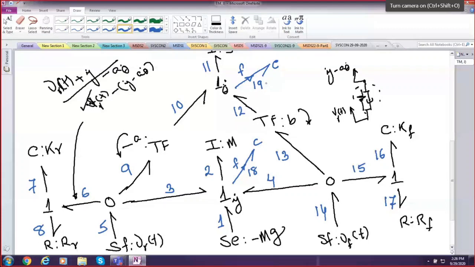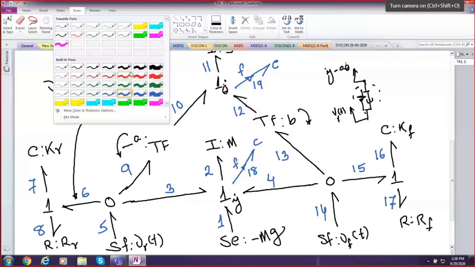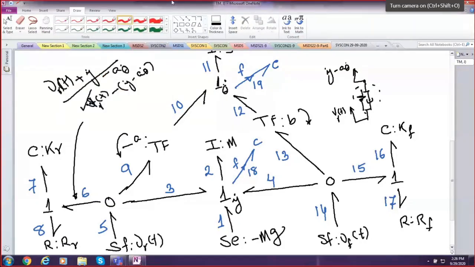Obviously, it will take a lot of time. 38 equations we have to write and sort them. So it is going to take time. But we will directly write them. We will not write them step by step. First, we will assign causalities. So we start with source of effort. Nothing happens. This source of flow cannot be propagated. Then one of the I elements, that's here. Then these two come here. Nothing can be propagated. Other I element, this comes here. Here, this can be propagated.